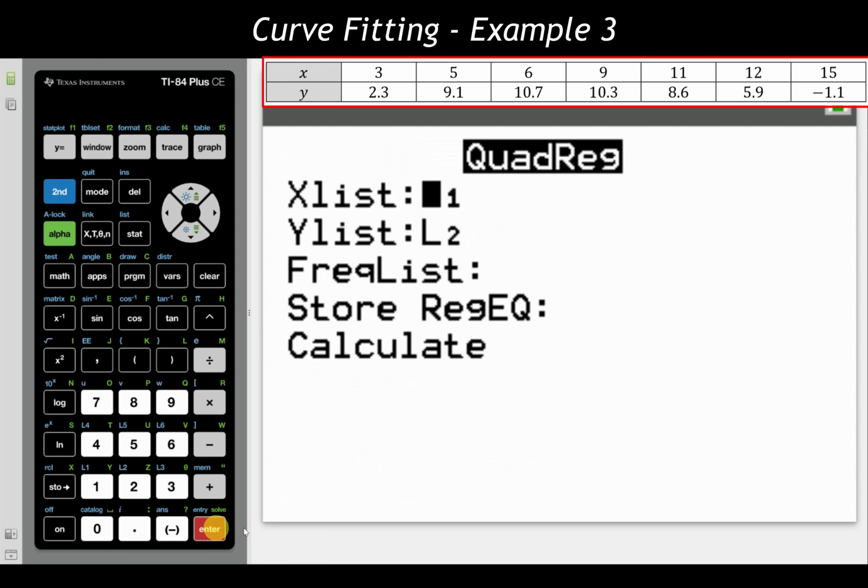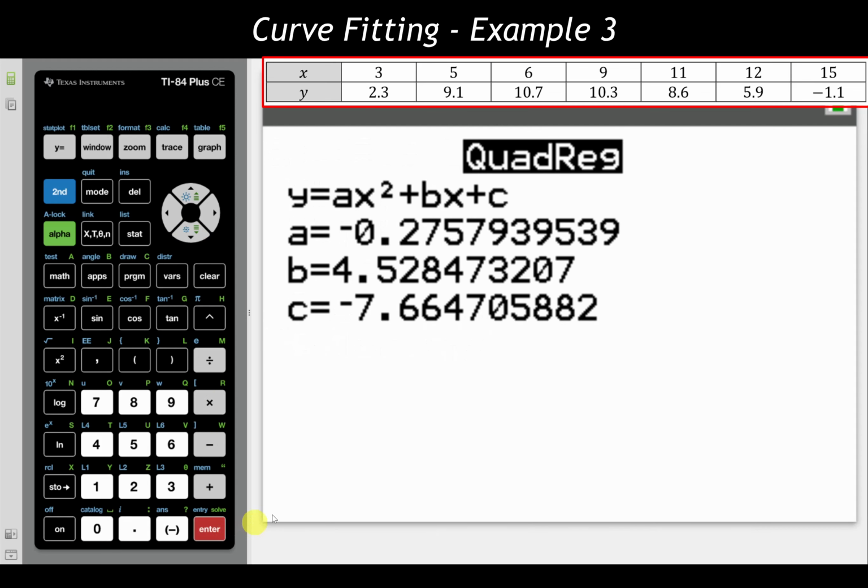We're going to go ahead and hit enter. And again, we have the same X list, Y list, inputs, outputs. If we follow that pattern, we don't really care about this. This is exactly as it needs to be. We're going to go down to calculate and then hit enter. Now, it should be noted, with the quadratic regression, it lists things in standard form for quadratic equations, this ax squared plus bx plus c. And again, we've been given our a, b, and c values here.